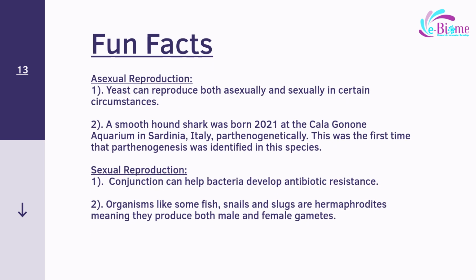Now that we have a better understanding of reproduction, what it is, why reproduction is important, asexual reproduction, the advantages and disadvantages of this reproductive strategy, and the types of asexual reproduction. We have a better understanding of sexual reproduction, its types, its drawbacks and upsides, and what genetic variation is and why it is important. Let's go over a few fun facts about these topics to help consolidate what we learned.